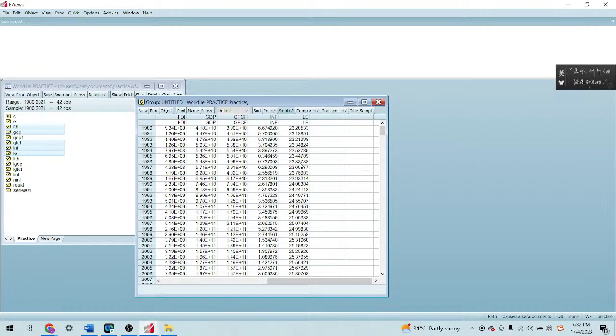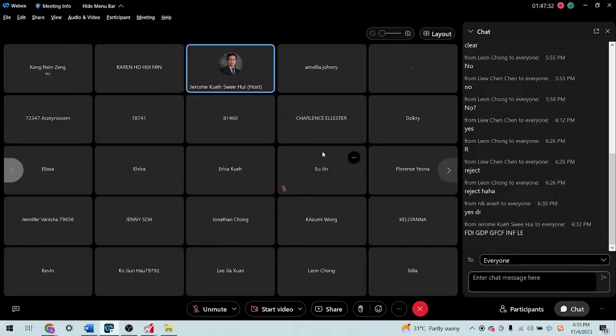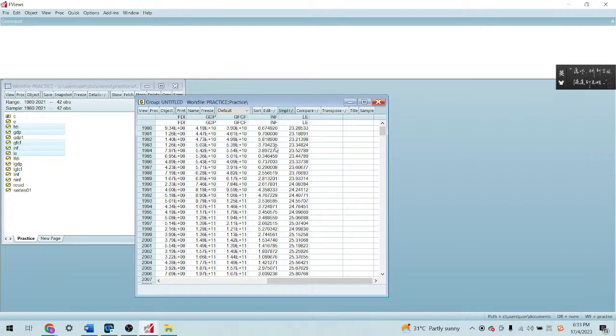You run the multiple regression, and then you run the diagnostic tests such as the normality test, serial correlation test, heteroscedasticity test, and also the CUSUM test and the CUSUM of squares test as part of the stability test. This is what I would like you to try for the remaining class. You need to practice so that you will remember.